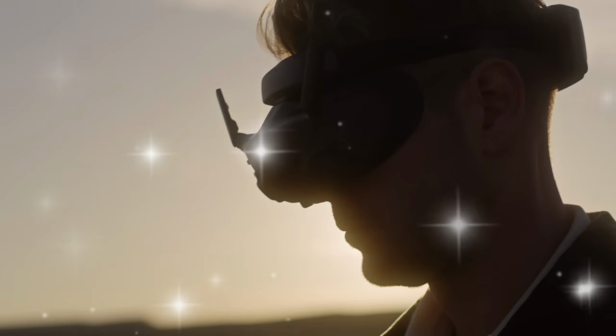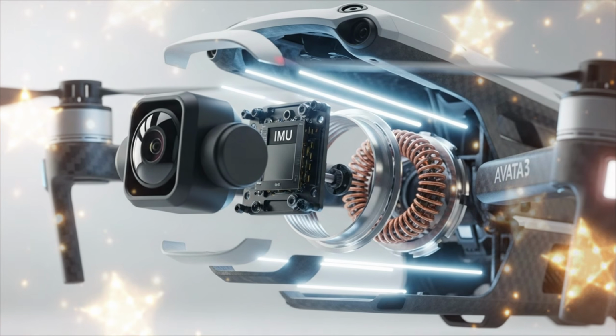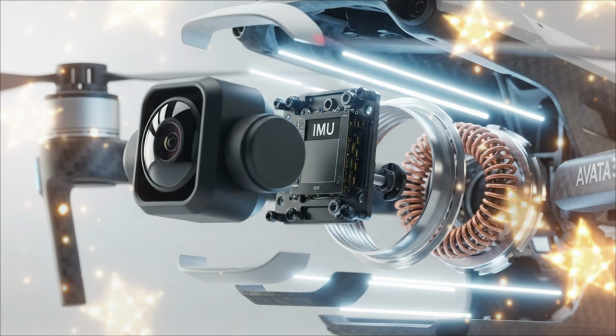The flight time of the original Avata was its major weakness. The 360 fixes this with a completely redesigned battery technology. We're moving to an